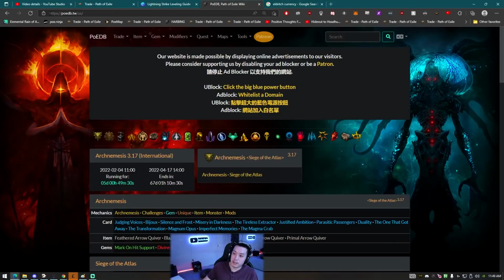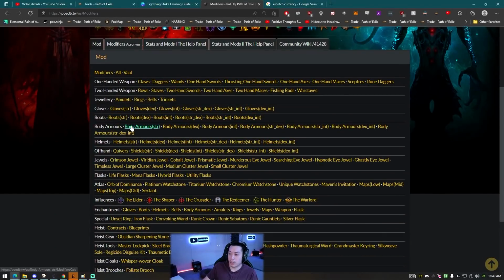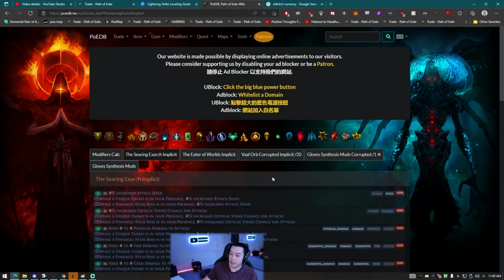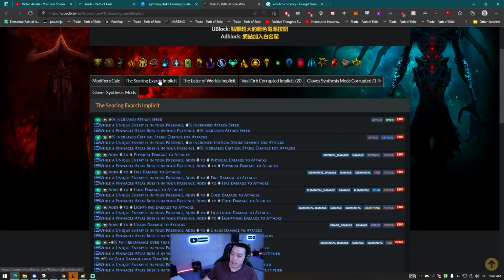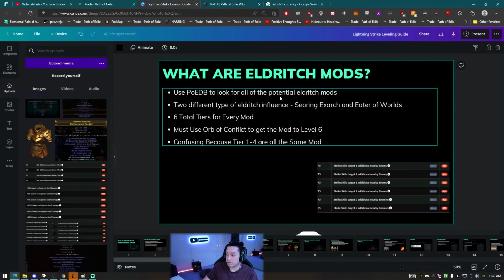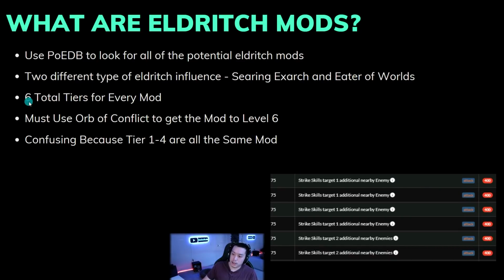You go to PoEDB, you go to modifiers here, and then you go down here and then you have boots, body armor, helmets. So let's say the gloves, you have Dex gloves. You click on those, and now you go to Searing Exarch implicit and Eater of Worlds implicit. So these are two different mods, and they pretty much will replace the implicits on any item that you have, but you can have two of them, right? So there's two different types of Eldritch influences, Searing Exarch and Eater of Worlds,